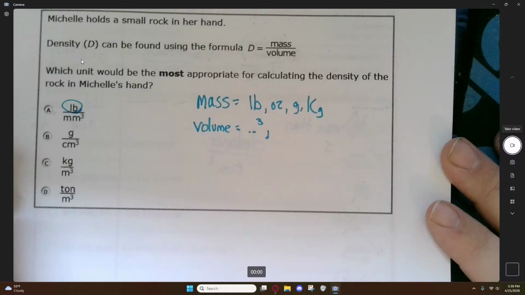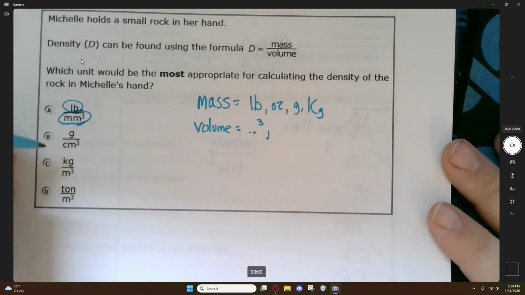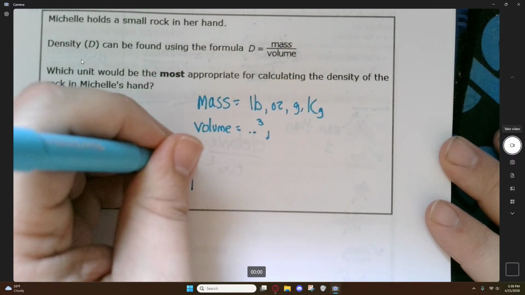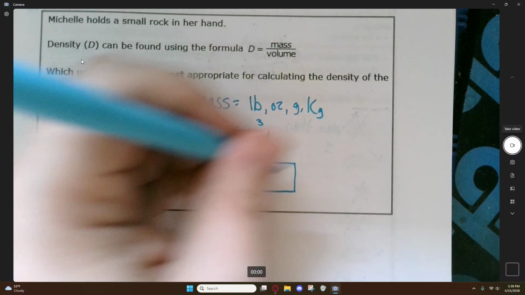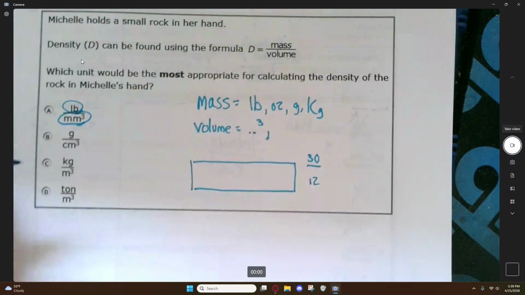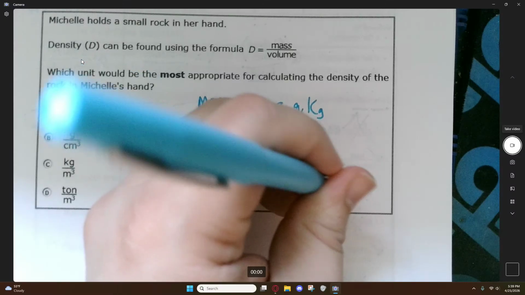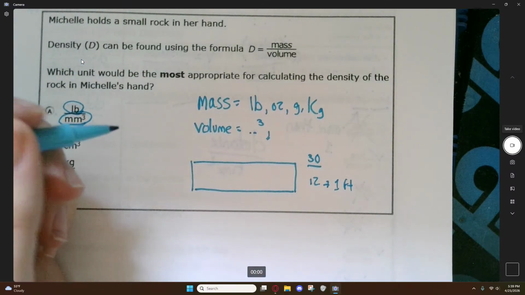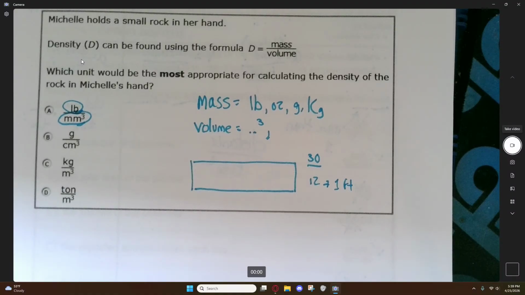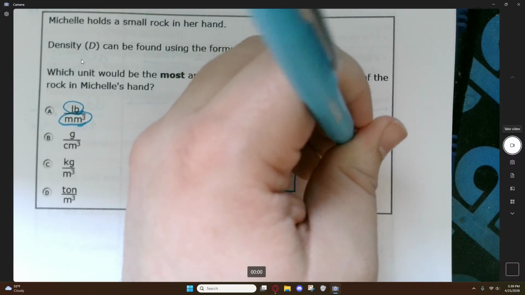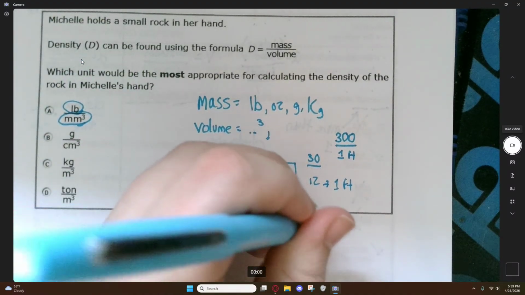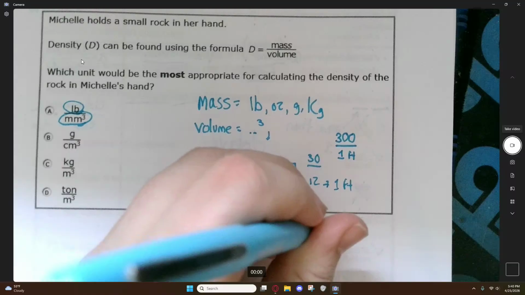Pounds? Yeah, that's appropriate. But millimeters? Think about how small a millimeter is. Okay? We go back to the ruler, right? We said that 30 centimeters is equivalent to 12 inches, or 1 foot. Okay? Millimeters are 10 times smaller than centimeters. So this would actually be 300 millimeters in 1 foot, or 300 millimeters in 12 inches,